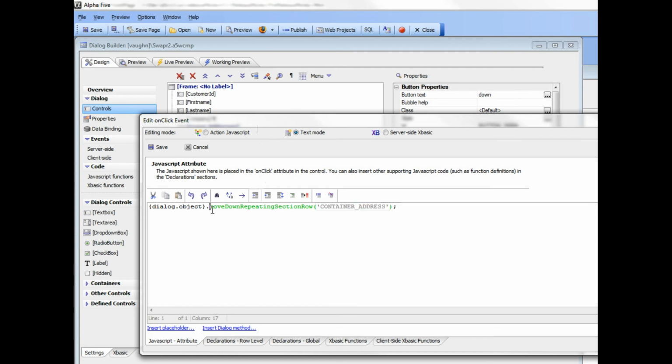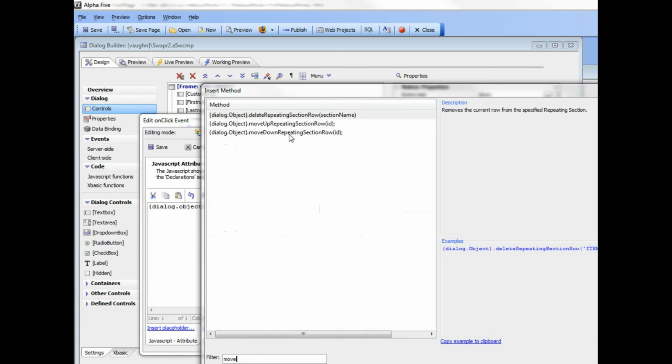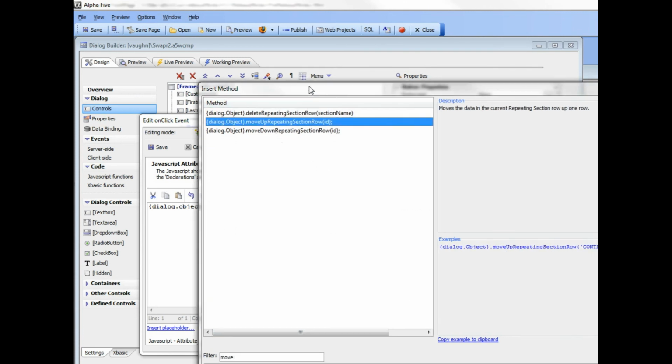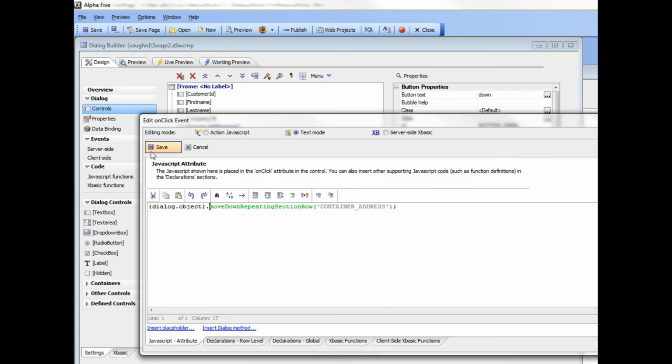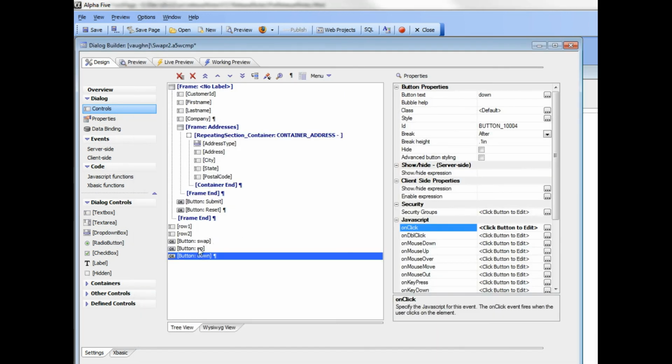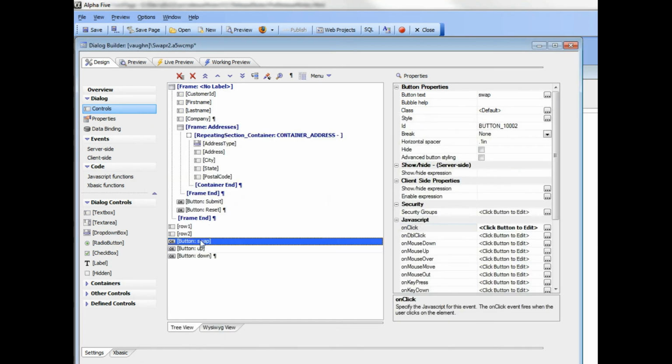So to get this method, we just go to insert dialog methods, and I type in here move, and you can see there's the move up method, there's the move down method, etc. So that's the move down. Move up obviously is just simply the move up repeating section row over there,